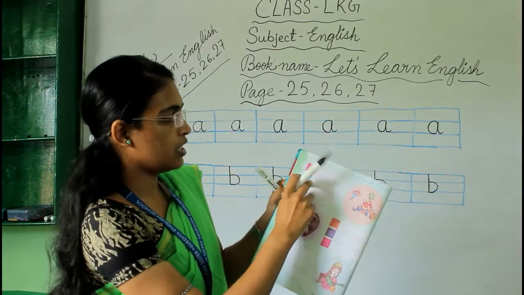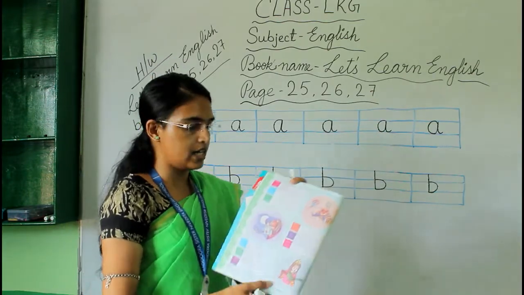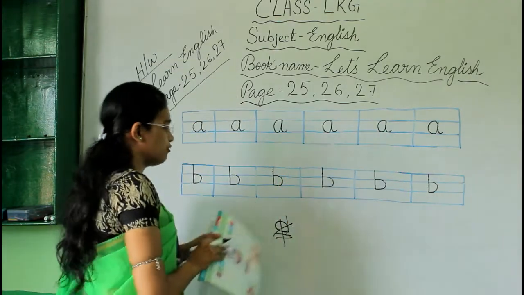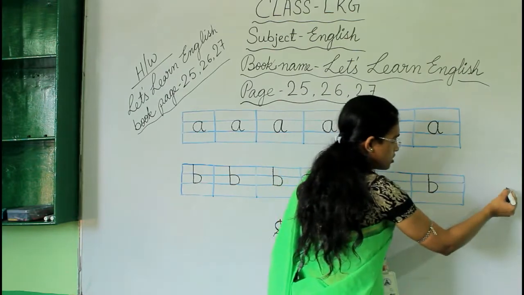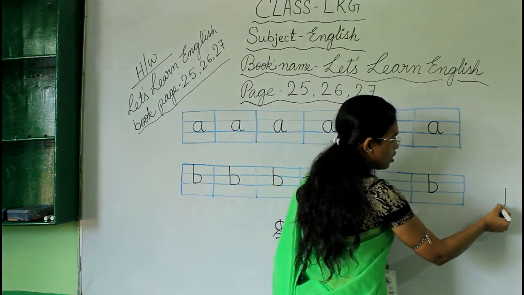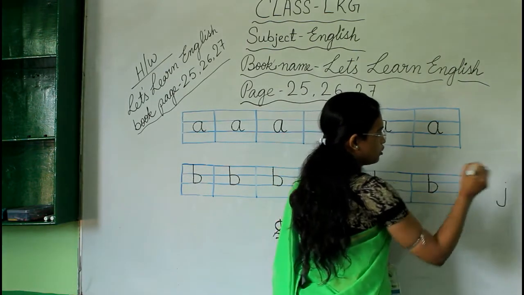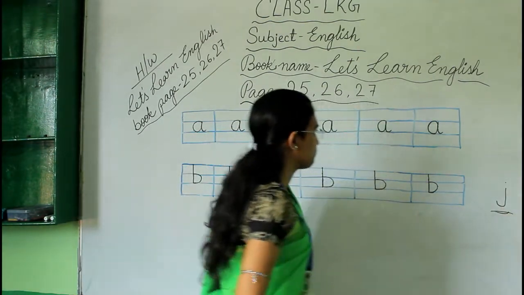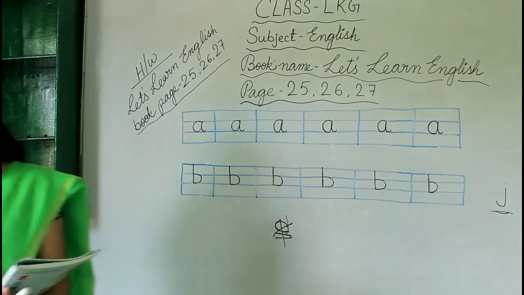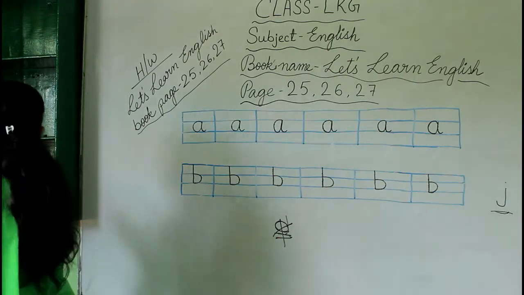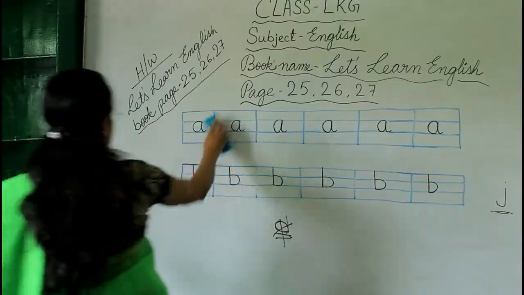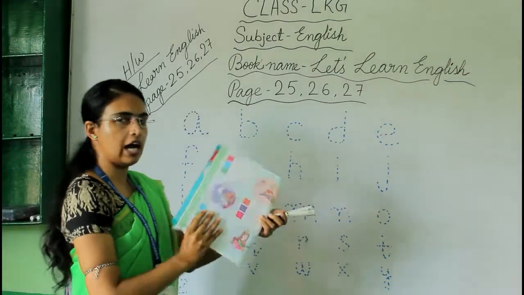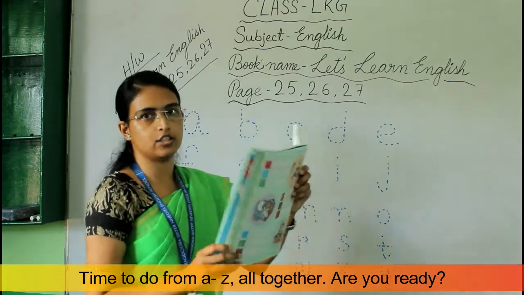Okay? So for this, what do you have to do? Yes, you have to trace the letters. For making J, what do you have to do? First draw a straight line, then a small curved line, and give a dot. Like this. This is small letter J, okay? Now I am showing you how you will write all the alphabets. Okay. Now on all this page you have to trace the letters, okay?